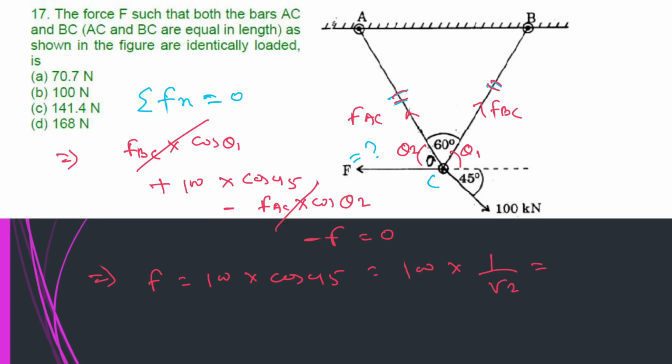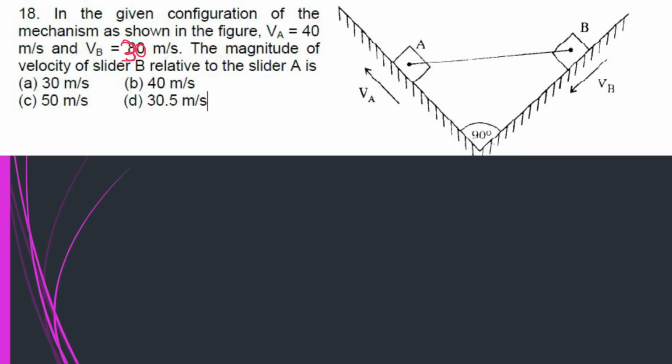So 100 divided by 1.41. So all are above 100. So B you can cancel, C cancel, D also you can cancel. It's equal to 70.7 Newton. A is your answer. Question is, in the given configuration of the mechanism as shown in the figure, VA equal